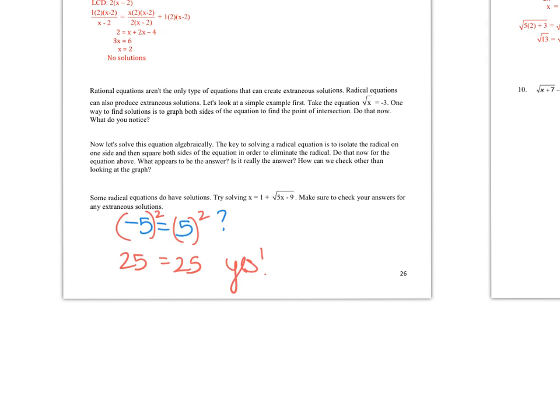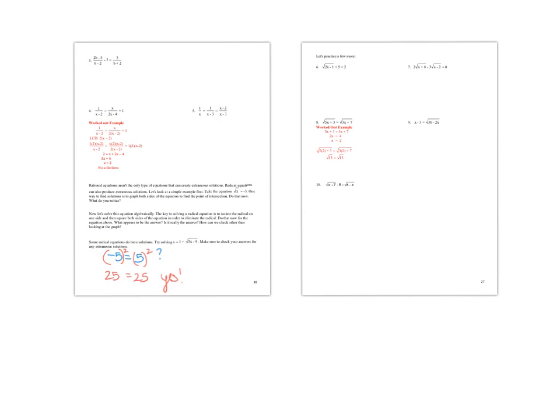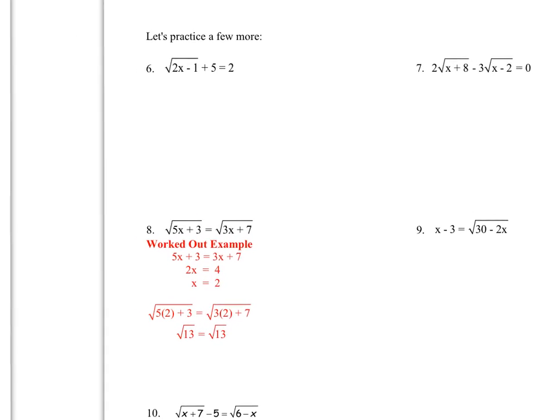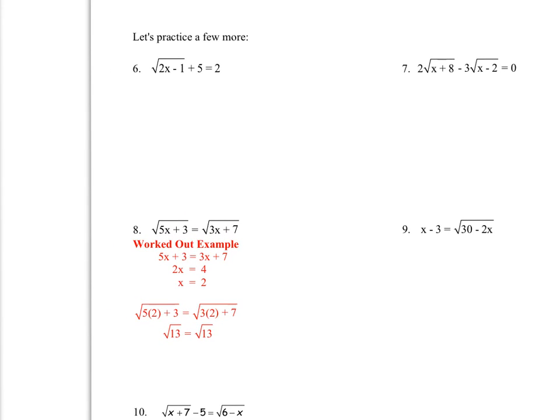And going back to this reason right here, when you square both sides, you can create solutions that look like they work, but they really don't, okay? So the first one we're going to look at is probably the simplest one in the group here, which is number 6, okay? Before we do the squaring of both sides, because we know that's how you get rid of radicals,